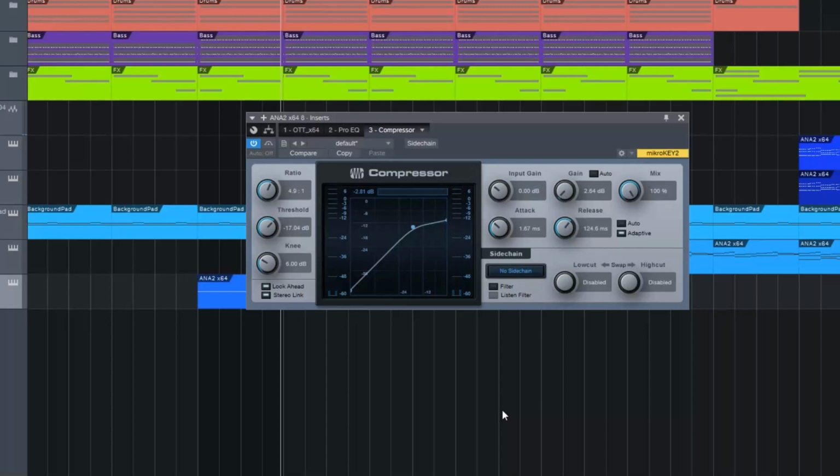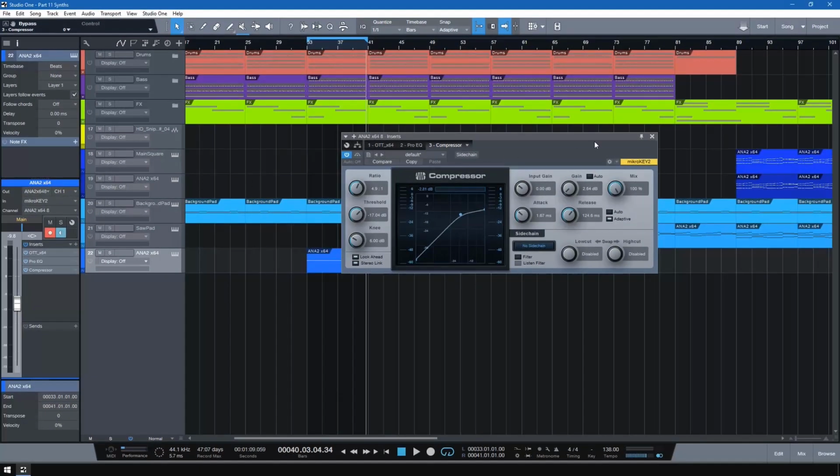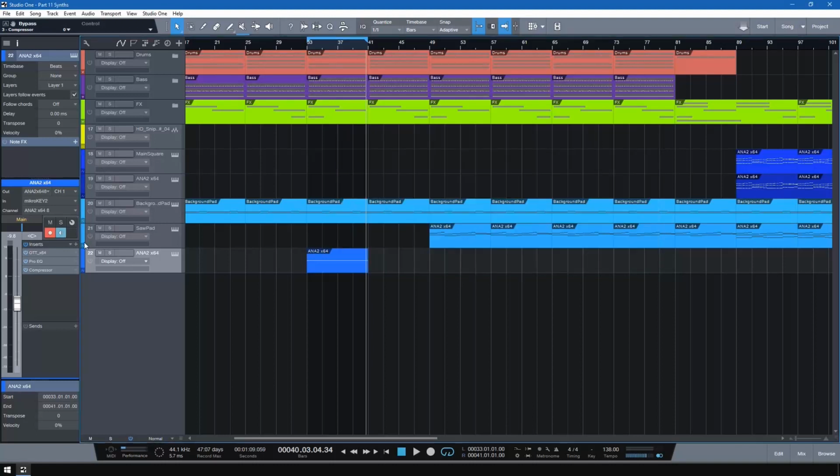Usually aiming for around 2 to 4 dB gain reduction. Sounds good. I think the acid sounds a bit too centered, so I would like to add a plugin called